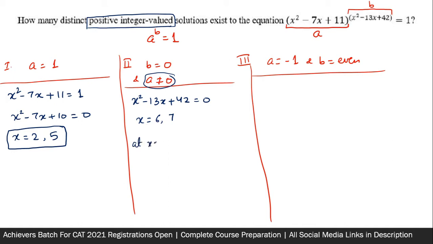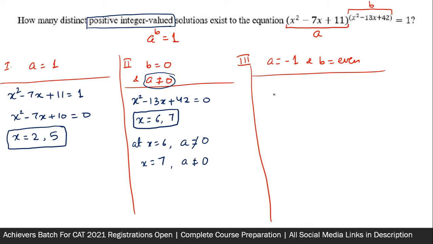At x equal to 6, just put x equal to 6 in the expression A. So you get 36 plus 11, that is 47. 47 minus 7x is not going to make 0. So A is not 0. That is the only thing I care about. Next, if I put x equal to 7, I get 49 plus 11, 60, and 7x is not going to make 60. So yes, I am now relieved that when I put x equal to 6 or 7, B is going to be 0 and A is not going to be 0. So 2 values here in the first case, 2 values in the second case.